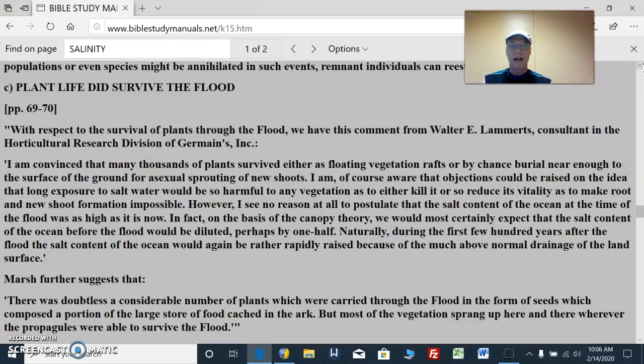However, I see no reason at all to postulate that the salt content of the ocean at the time of the flood was as high as it is now. In fact, on the basis of the canopy theory, we would most certainly expect that the salt content of the ocean before the flood would be diluted, perhaps by 1/2. Naturally, during the first few hundred years after the flood, the salt content of the ocean would again be rapidly raised because of much above normal drainage of the land surface." Marsh further suggests that there was doubtless